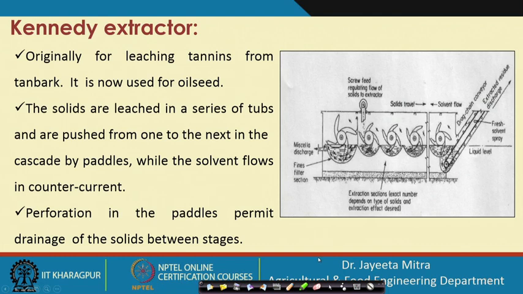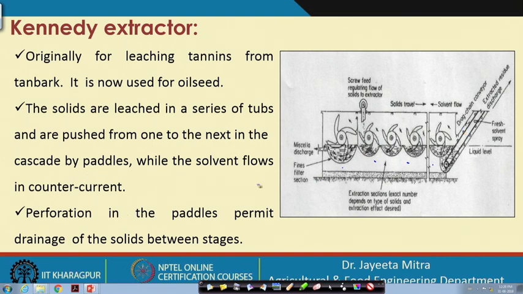Then next is the Kennedy extractor. This was originally for leaching tannins from tan bark, and it is now used for oilseed extraction. The solids are leached in a series of tubes. We can observe here that there is a series of tubes. These are pushed from one to the next in a cascade by paddles, so the micella is discharged by these paddles to the next tubes consecutively,